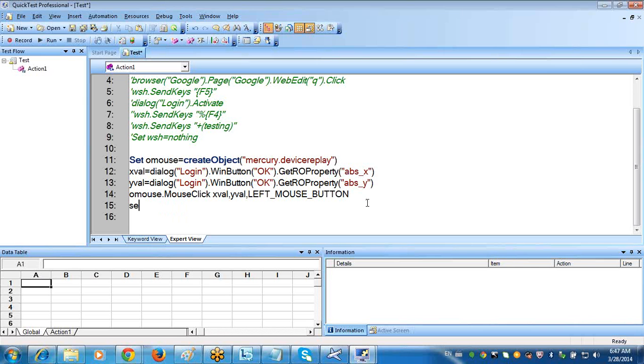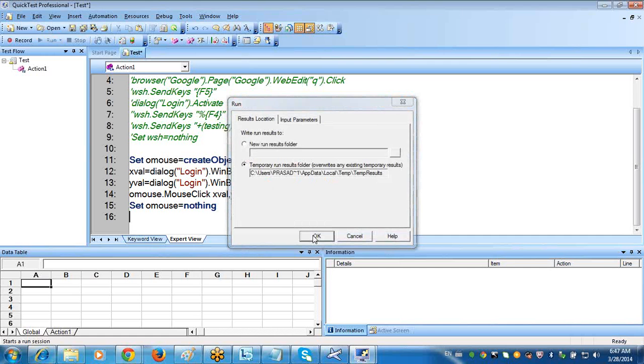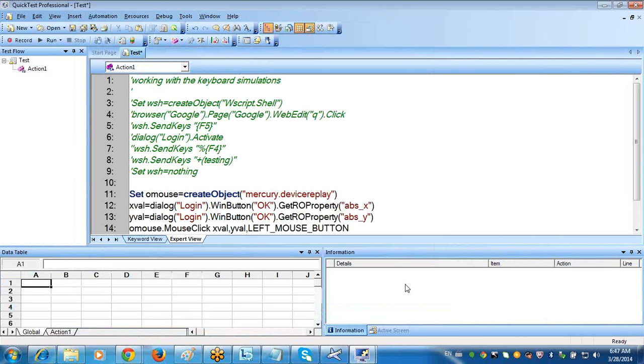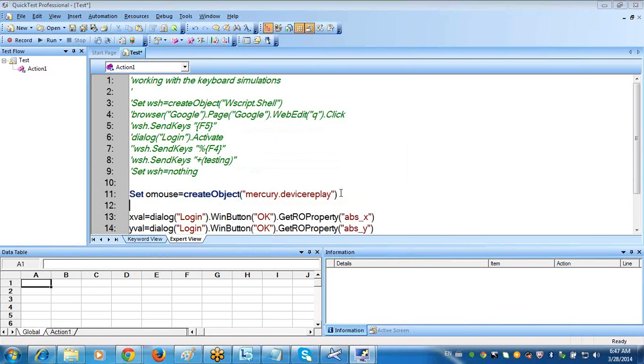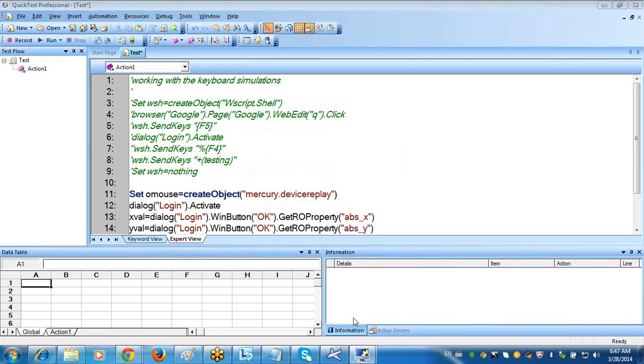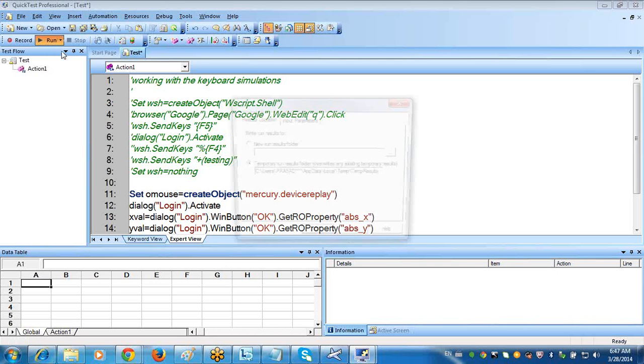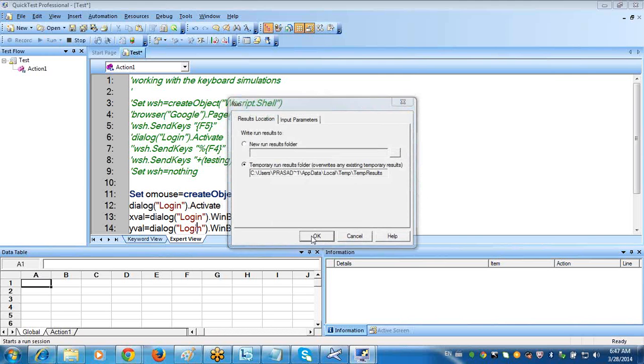Now see what will happen. When you say it like this, Set oMouse = Nothing. Now when you execute this, click on run and see what will happen. Where it is clicking, I don't know. So it is better to highlight my application, then it will click properly. Highlight my application. Okay, now click on run. See,